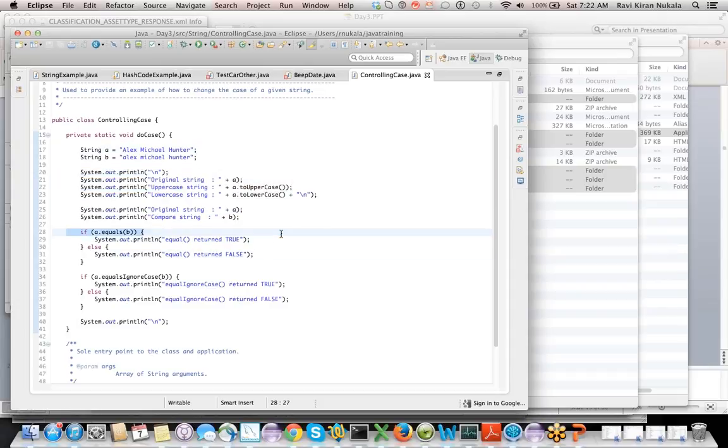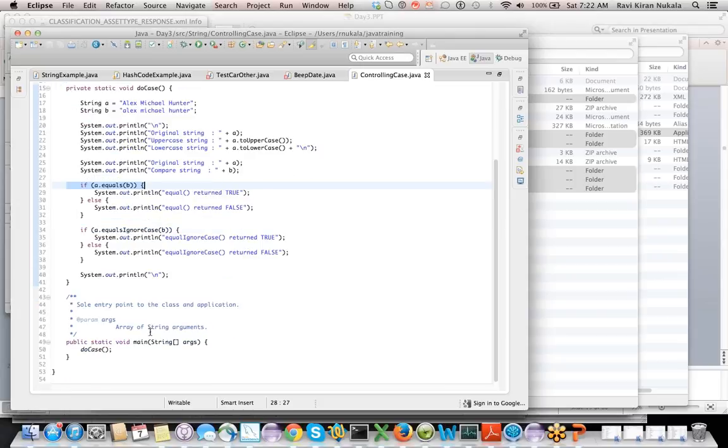What is the difference between equals versus double equals? Double equals compares the references, and equals compares the actual content. Actual content of what? The objects. The actual content, the value of the object.